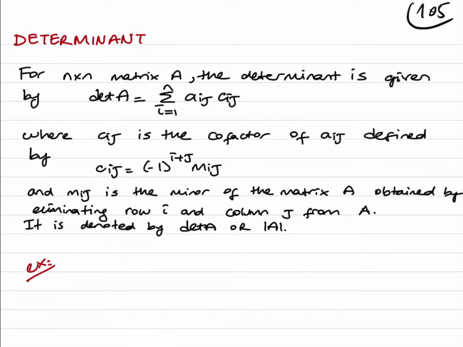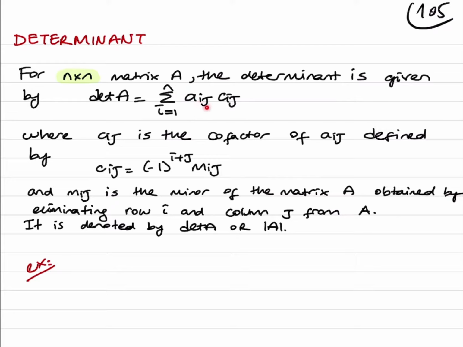Today we will learn how to compute a determinant of a matrix. What is a determinant? First of all, we can compute the determinant of a square matrix. So we should have an n by n matrix. So we should have a square matrix, and the determinant of A is defined by the summation